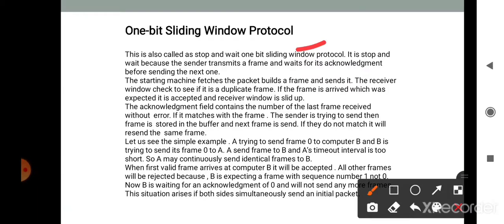If the frame that arrived was the one expected, it is accepted and the receiver window slides. The acknowledgement field contains the number of the last frame received without error. If it matches the frame the sender is trying to send, then the frame is removed from the buffer and the next frame is sent. If they do not match, it will resend the same frame.